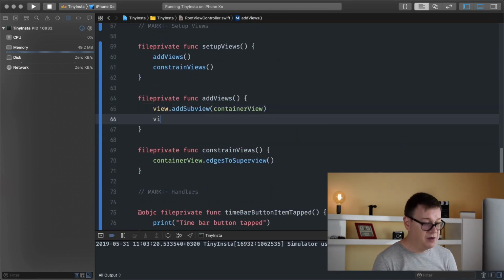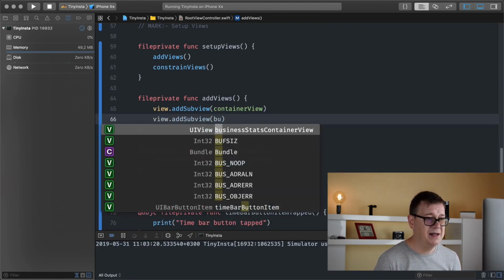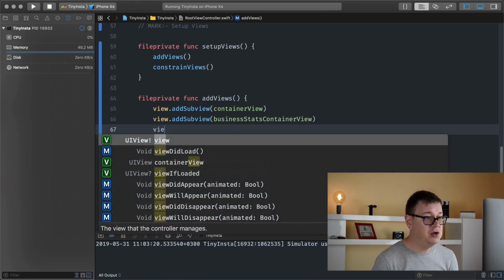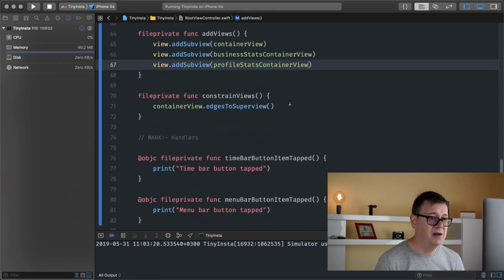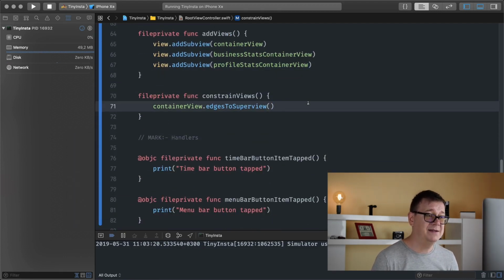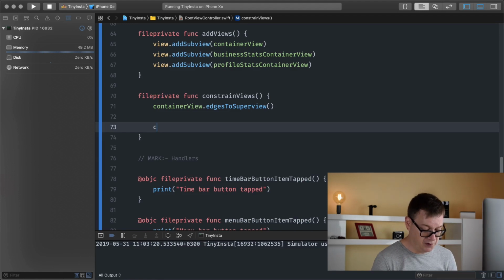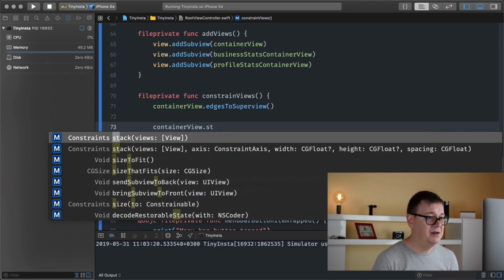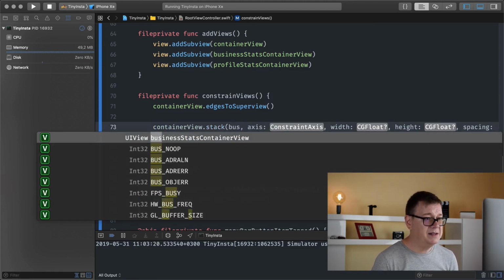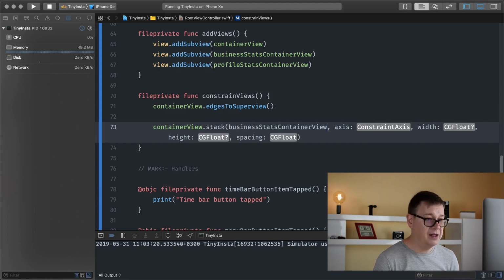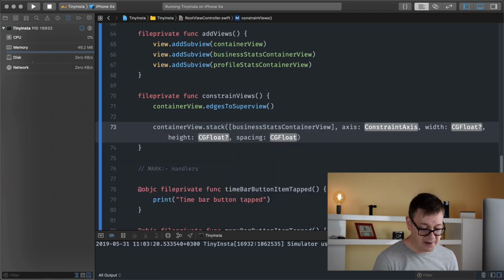So let's add these. So view.addSubview business stats container view, view.addSubview profile stats container view. Now we want to have this as a stack, so what we are going to do here is on the container view, we are going to use this stack, and we are going to add our business stats container view. Oh, again, this will need to be an array, so let's add those parentheses there,